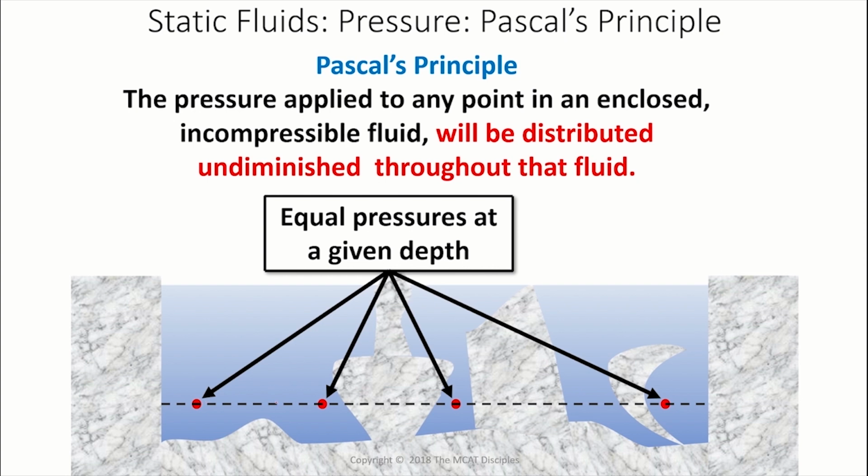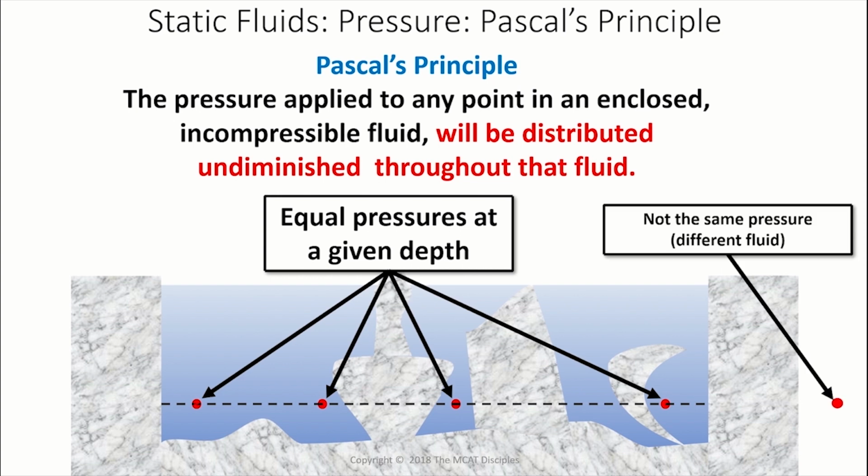So again, if you're at a given depth, the pressure is going to be the same no matter where you're at, here, this weird place, or this weird place here. The pressure there is going to be the same. Now, it's not going to be the same if you move out here, because that's a different fluid. Because this point here does not have this water on top of it. It only has air. And so in order to calculate this thing, you'd have to calculate the depth that you're at here up to, for example, the depth of the top of the atmosphere. And that would be the pressure. And that's not going to be the same as this, because this is a different fluid. This has a different density than air. Right? And so this won't be the same as what's out here. But the rest of these in this fluid are going to be the same.